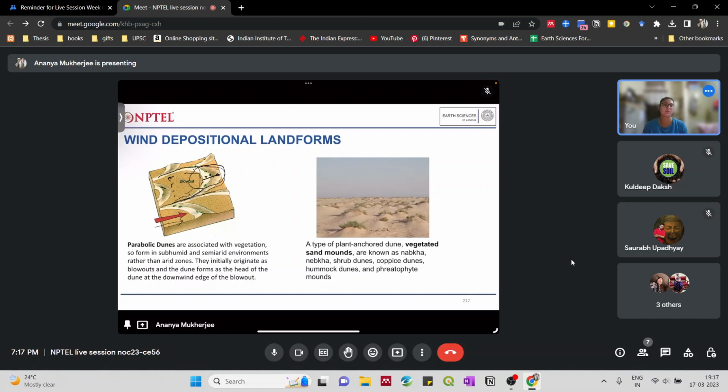Okay, and as we said, because of the sand getting transported in areas, they can bury a lot of features, maybe previously formed geomorphic features or any tectonic features. Okay, so because of aeolian geomorphic processes, a lot of burial can happen. A large amount of sand supply can take place and it can bury a big area. Okay, and later on with time the sand can get